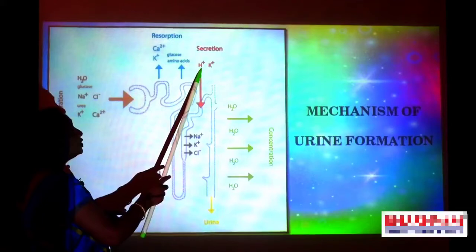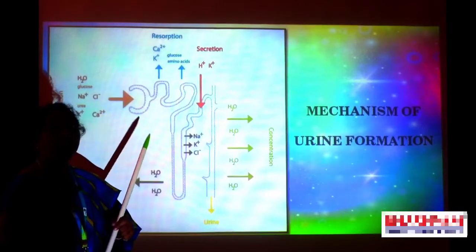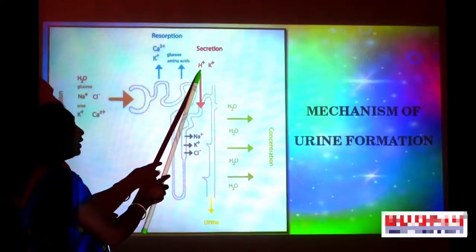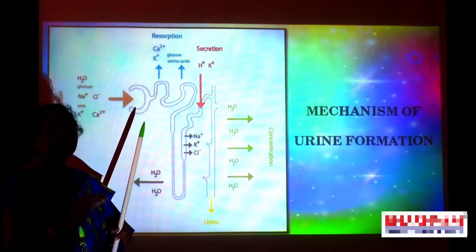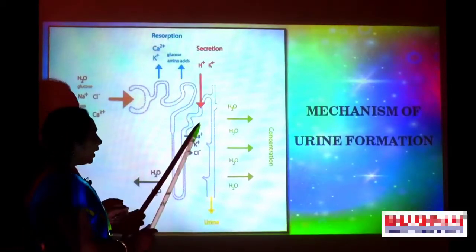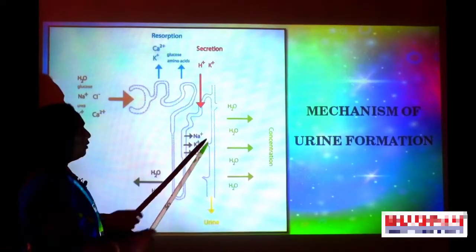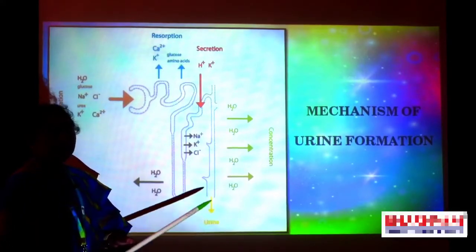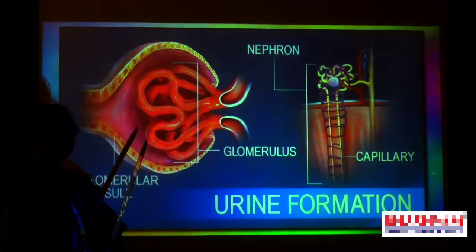So here hydrogen ions and potassium ions are secreted, and this helps to maintain the concentration or pH of urine. So the hydrogen ions and potassium ions help maintain the average pH values in the DCT by the process of secretion. Then the more concentrated urine next enters the collecting tubule, and from this collecting tubule the urine passes on to the next step, that is the ureter.